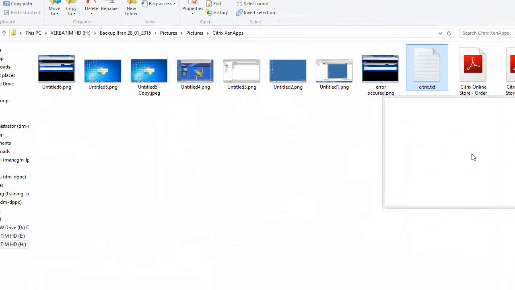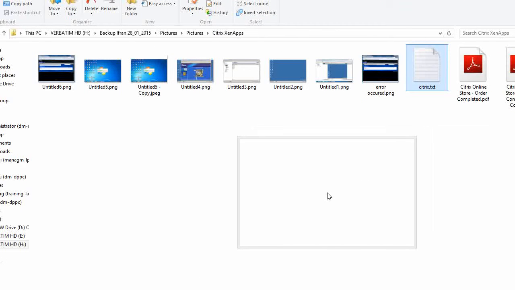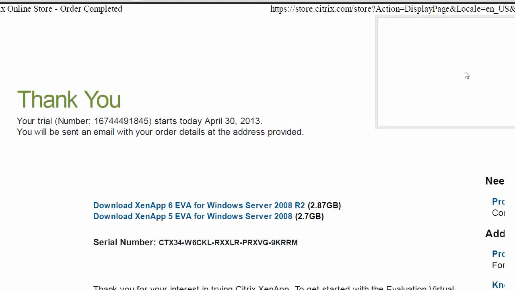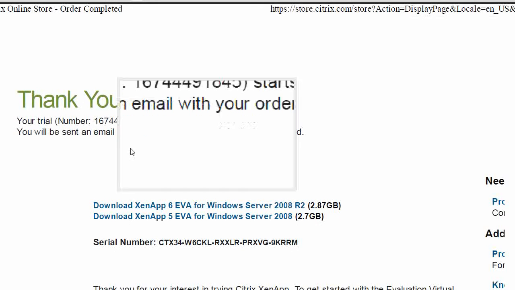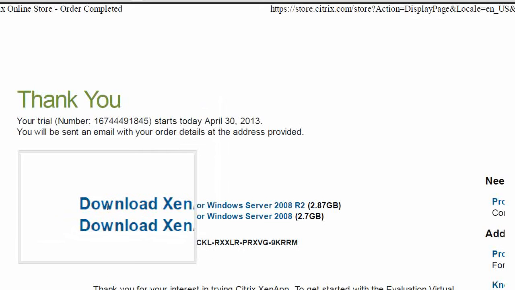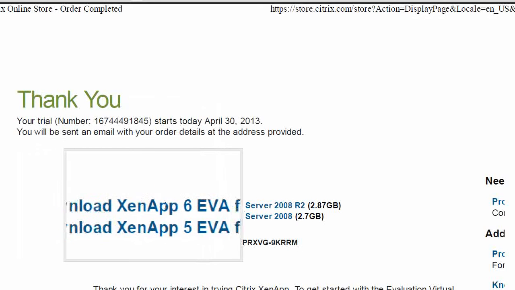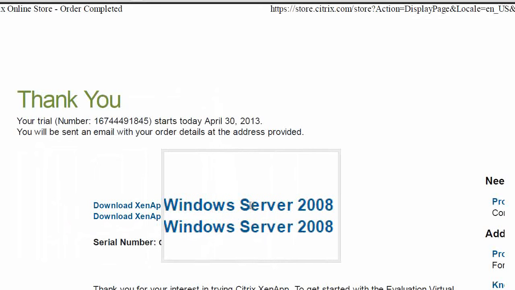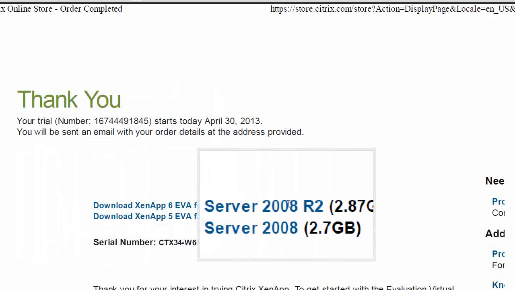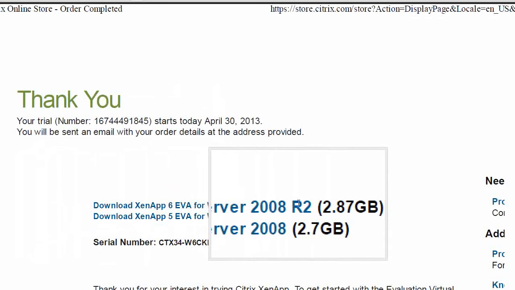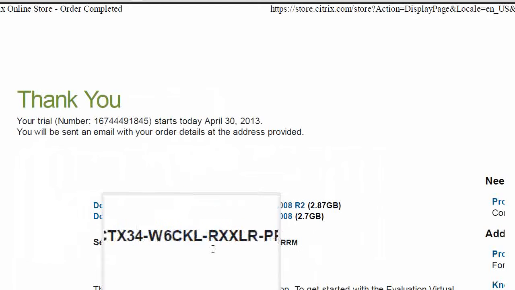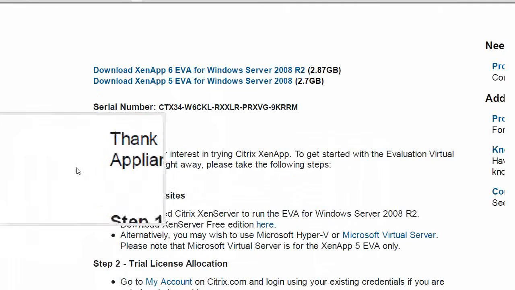So basically what I did, I went online and did a little bit of research, and I came across Citrix Evaluation. So what I did was I downloaded this one, Citrix XenApp 6 Evaluation. It is based on a virtual machine and the operating system is Windows Server 2008 R2, and I was given a license and everything. I was given a serial number, a license, and then basically what I did,